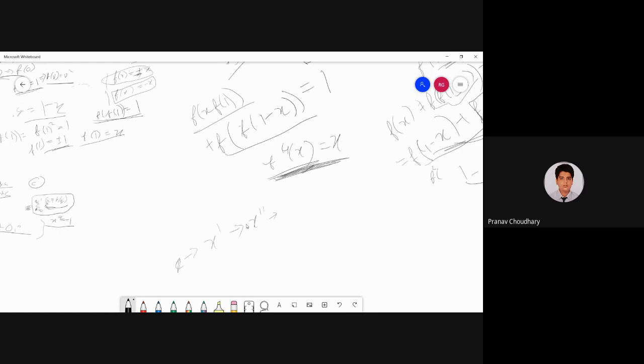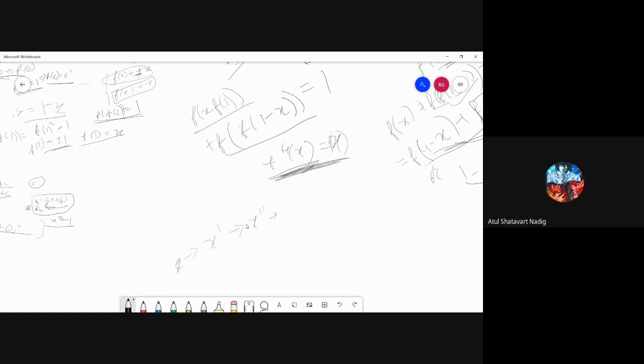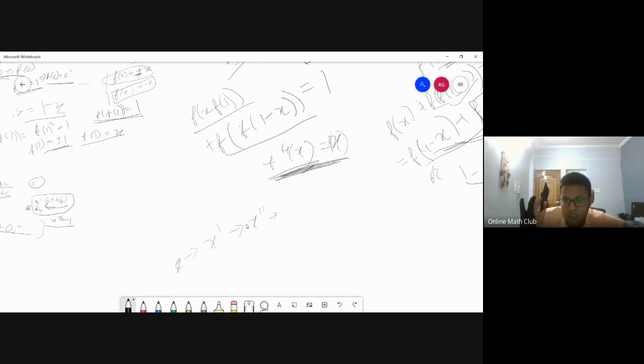There it was f of x in the first equation. Fine. Okay, f of x. Good enough. Everything in range is in cycle. Let's just pretend we are looking at range. That's already the positives. So x goes to x prime goes to x double prime goes to x triple prime. No, that comes back to x, no? Yeah, okay, comes back to x.